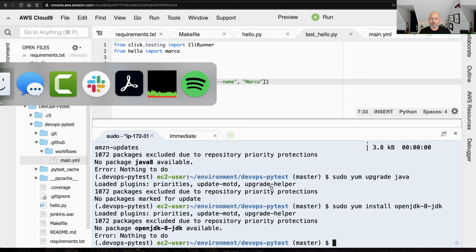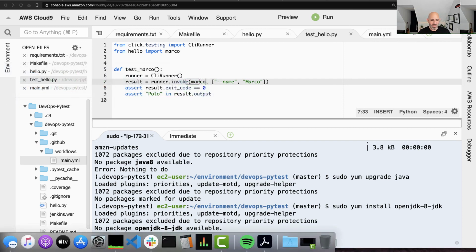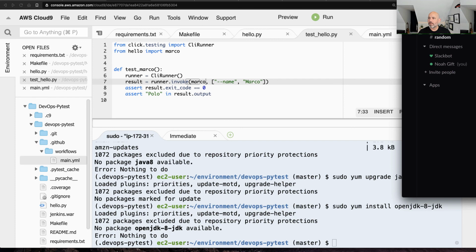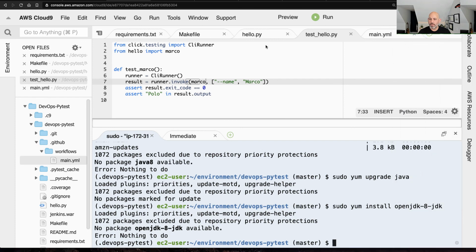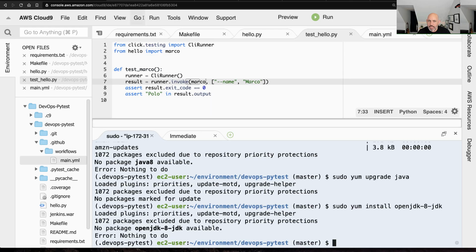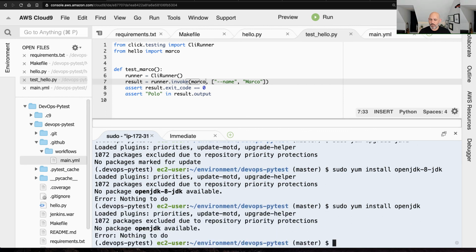Does that work? Nope. Let's see. I might have one more try here at getting this version of Java installed. Let's see here. Java, is it OpenJDK? Let's try that one. Maybe OpenJDK. Huh. Well, anyway,